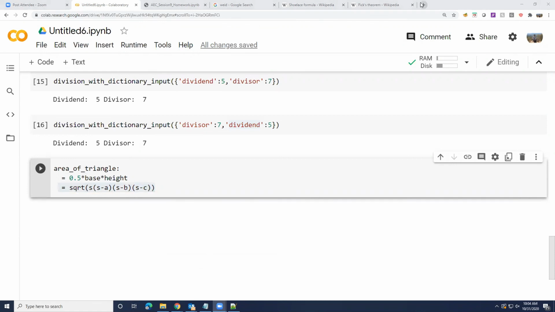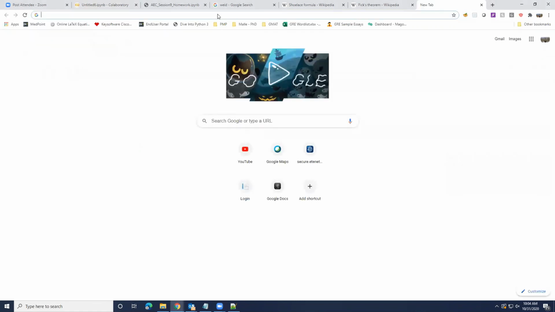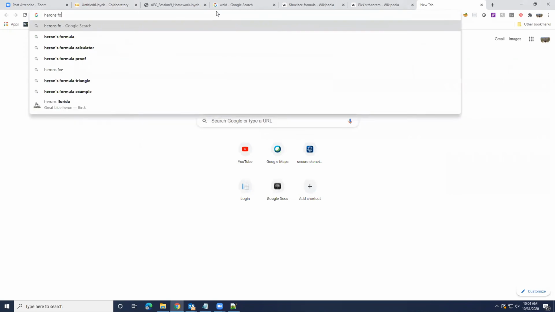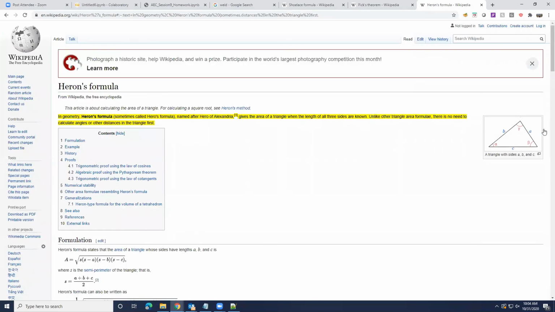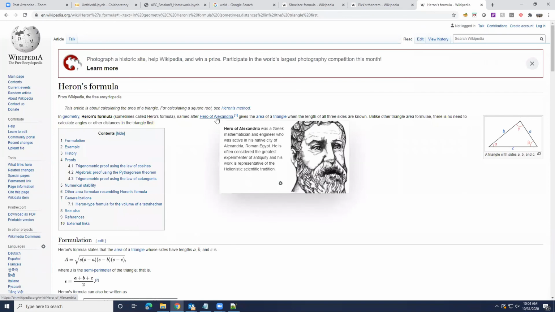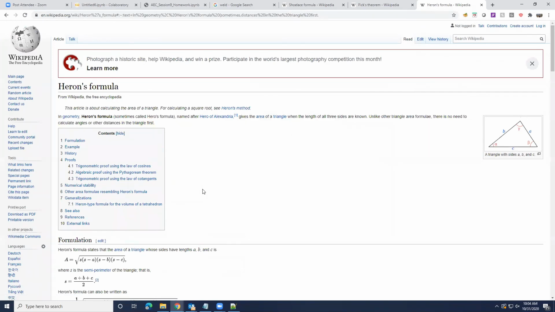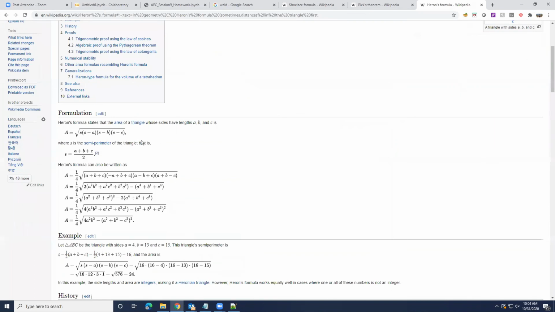Okay, just to quickly show, the second method is called Heron's formula. It's actually a very old one, but not as popular because it's a little harder to follow. This is almost 2000 years old formula. It should have been more popular than half times base times height because it works for all triangles, but I don't know why it's not as famous. Maybe because square root is harder to teach than multiplication. That's probably the only explanation I could think of.